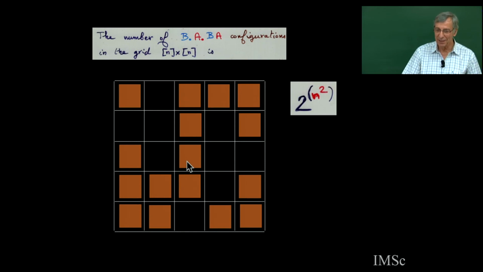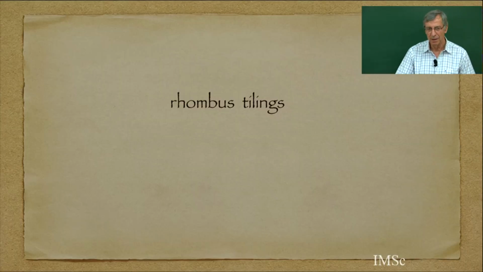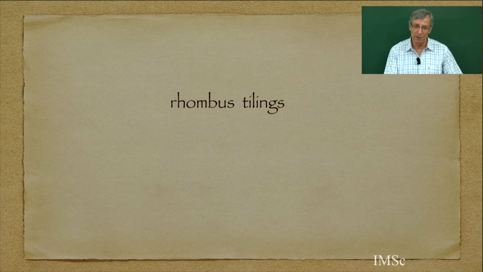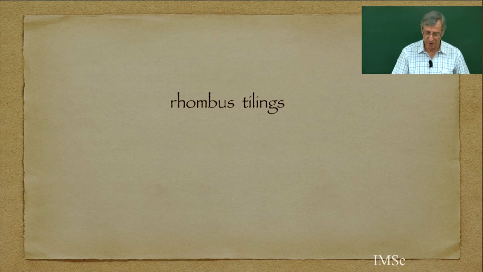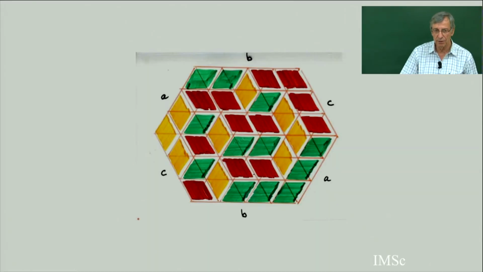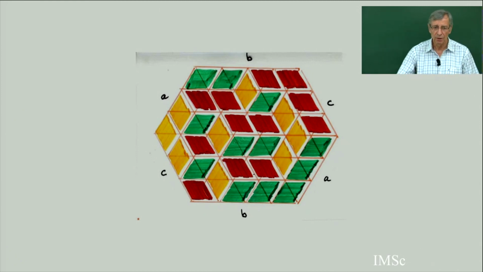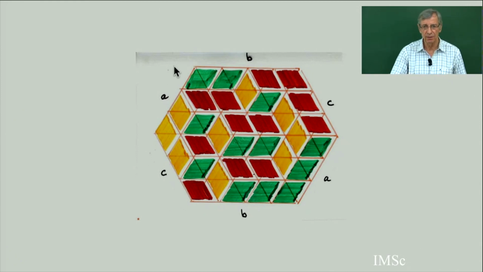So this was an example of a Q tableau, the alternating sign matrices for this general 8-parameter matrices. So we are going to give another example, the rhombus tiling. Rhombus tilings are going to be in bijection with certain Q tableau configurations of this algebra. So what is a rhombus tiling? You take the triangular lattice, and you take a hexagon like this. You see a hexagon with sides A, B, C, A, B, C.